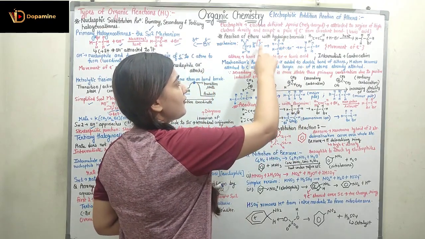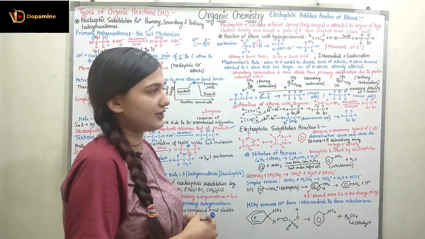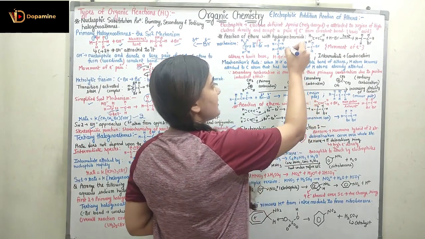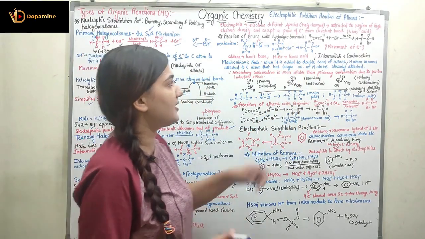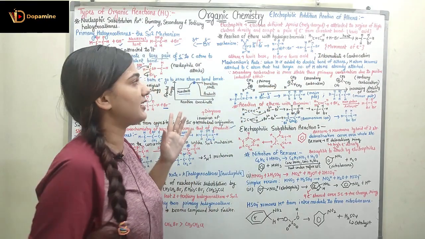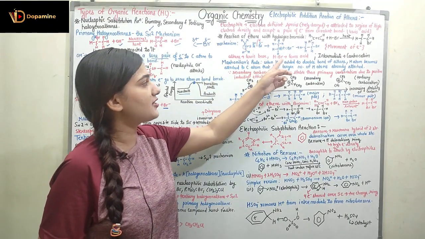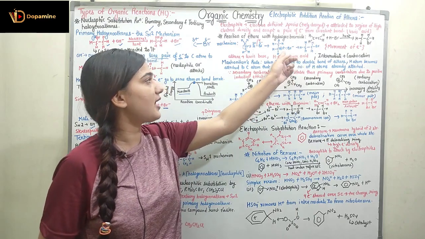The heterolytic fission of this HBr will happen and the bromine ion will have both electrons. So CH3CH2 positive will get attacked by this Br negative. On the carbon we have the positive charge and it is going to form CH3, CH2, Br. This is how the movement of electrons will take place. So the alkene acts like a Lewis base and HBr acts like a Lewis acid. The intermediate formed here is the carbocation.